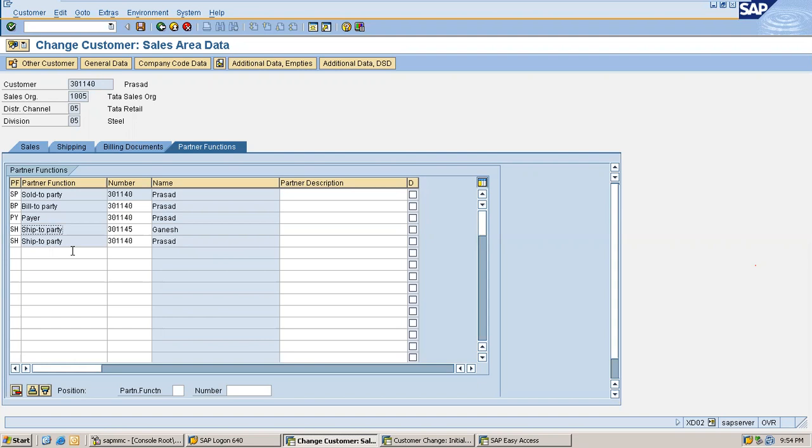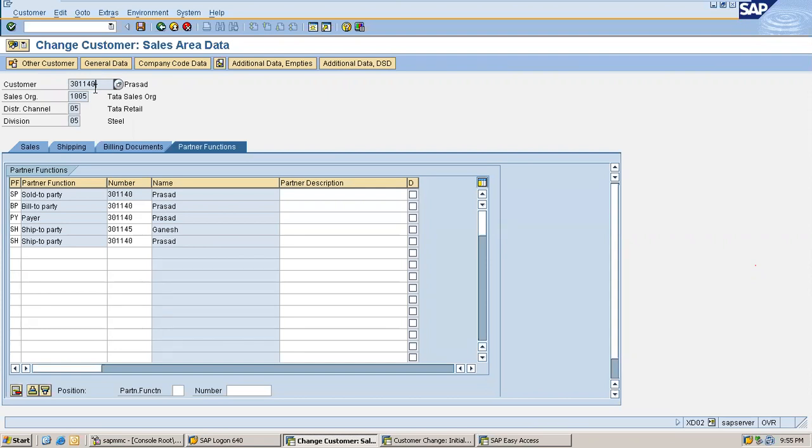Let's say I have 5 ship to parties for this Prasad customer, and in his recent purchase order, ordering few laptops, he did not send a specific ship to party. So the one who is creating the sales order, the order entry clerk, cannot identify to which ship to party he has to send goods, which ship to party he has to maintain in the sales order.